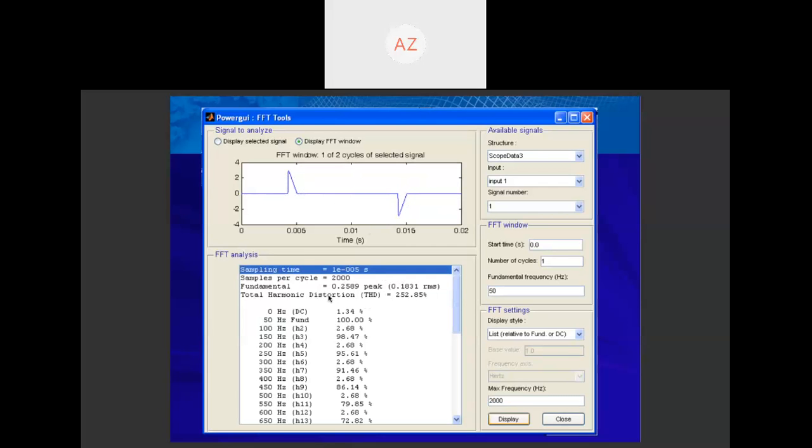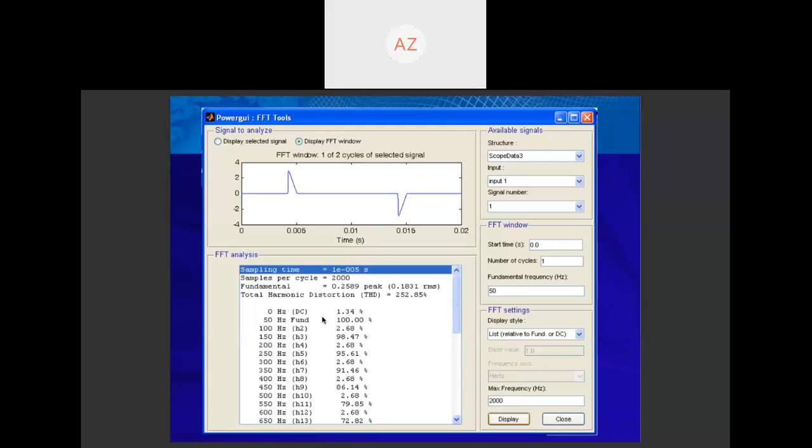Look at this value, the THD level equals 252%. So from this waveform, we know the THD level equals 252%, and we can analyze the harmonic spectrum in this waveform.